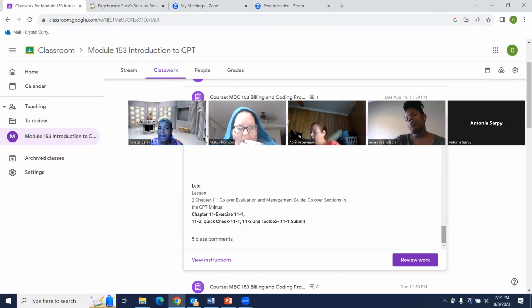And then here is your lab. This is your labs, and this is due by Sunday. But if you can, try to complete it on that same day or during the week. It doesn't have to be on that same day, but during the week, so you don't have all of that to complete on Friday. You're trying to submit everything at the same time because that can become overwhelming.